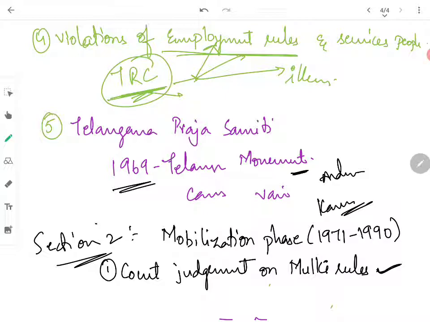But there were people of Andhra Pradesh and Telangana who filed court cases on these rules, and these rules were eventually declared void by the High Court and Supreme Court. So we'll be discussing these things in the second phase, which is known as the mobilization phase. And the